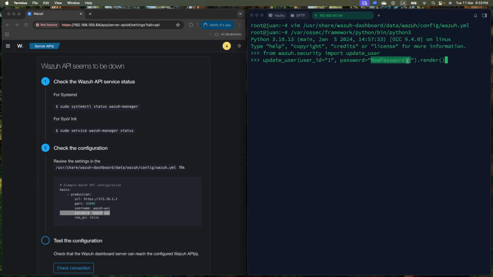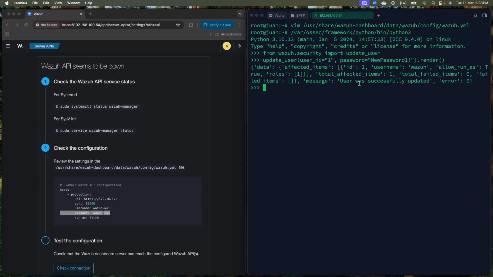Okay, so enter, and now we will get this message: the user was successfully updated. Okay, now Control D to exit this prompt and go back to bash. And now we will run another script